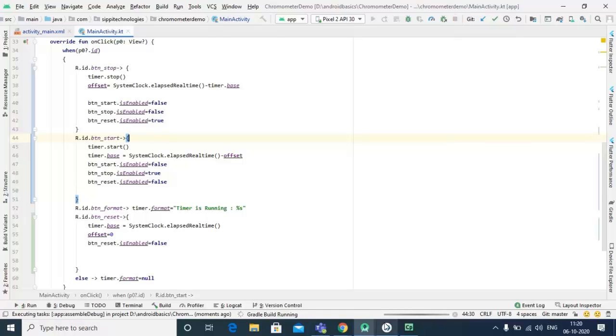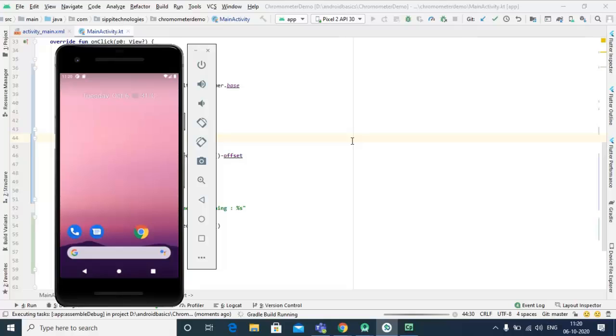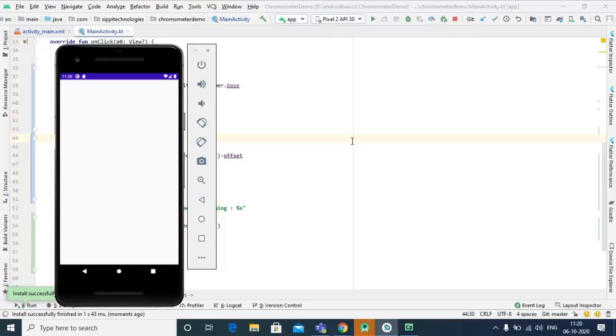So you can understand here that with the two properties we are tracking the progress of our chronometer, and when we click on reset, we reset its functionality. Let's start our chronometer. So it's working when we click this,